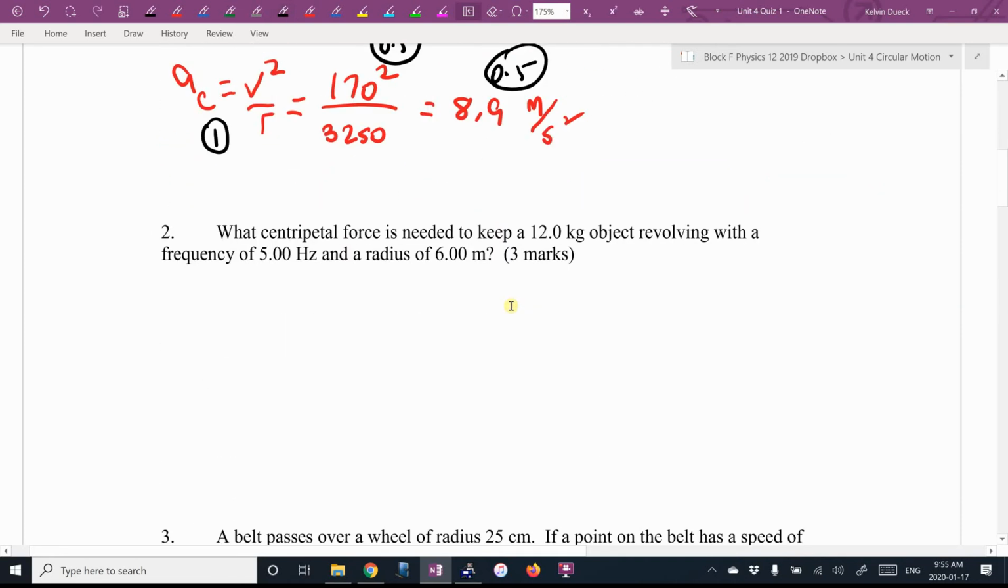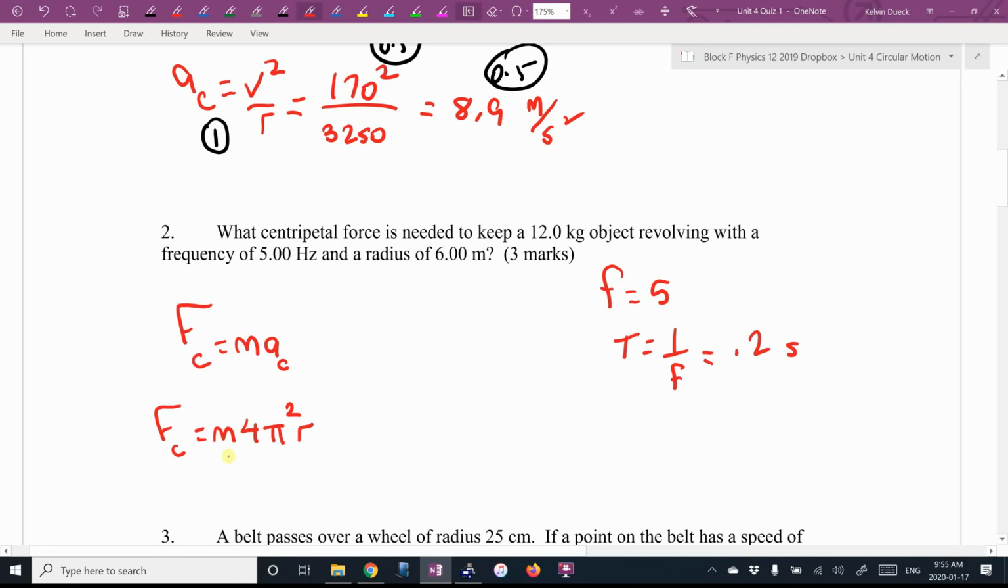Number 2 wants the centripetal force. So centripetal force is MAC. The real question is, which version of A am I going to use? Well, they didn't give me a speed. They gave me a frequency of 5. That means the period is 1 over the frequency. It's 1 over 5, which is, I'm pretty sure, 0.2. Wow, where'd that come from? And so now I can go FC equals M 4 pi squared R over T squared, M